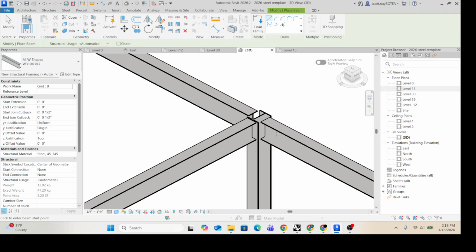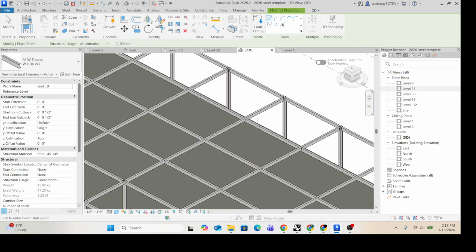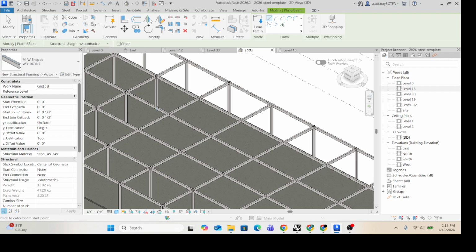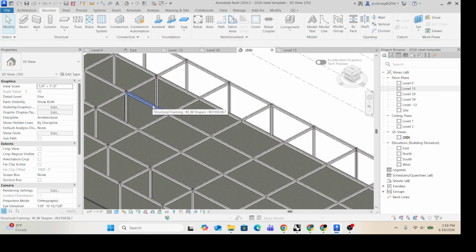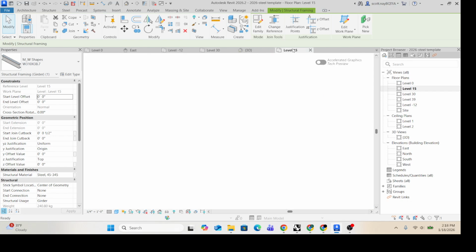You can see if I zoom in, even though we did it all in one go, they are stopping and starting at each of these columns. But what I don't want is all this double height space. So I gotta come in and start deleting, and I can either do this ticky-tack one by one here, or I can come back to